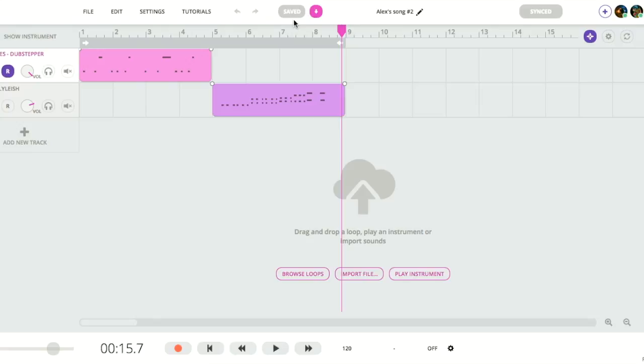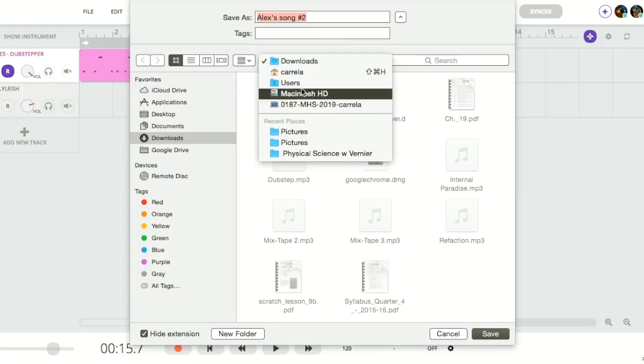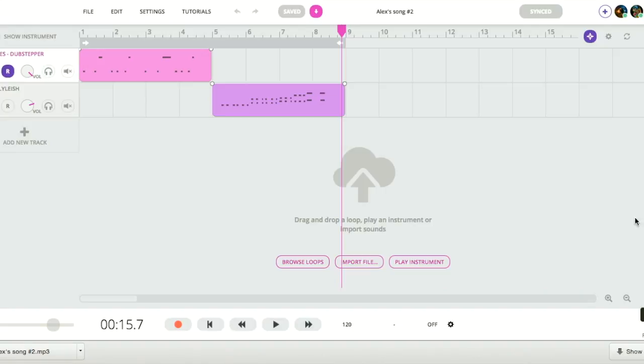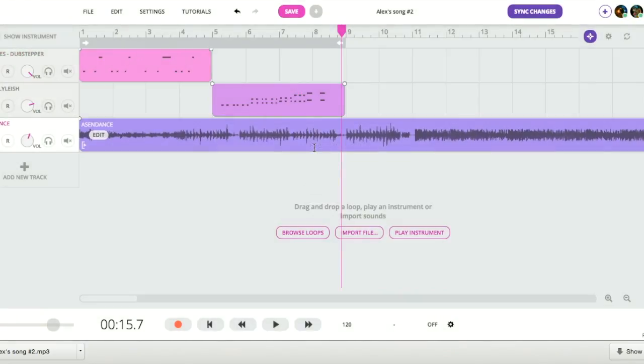And so this arrow right here shows that I'm ready for download. And once I download, I can name it whatever, and it'll just save it, and then I have it, and it'll go into my downloads, and I'll be able to get it. Once I download that, or if I want to import any file, like another song, part of a song or anything, I would just go to import files here, and if I wanted to just put this in here, I'd open it, and it would put this